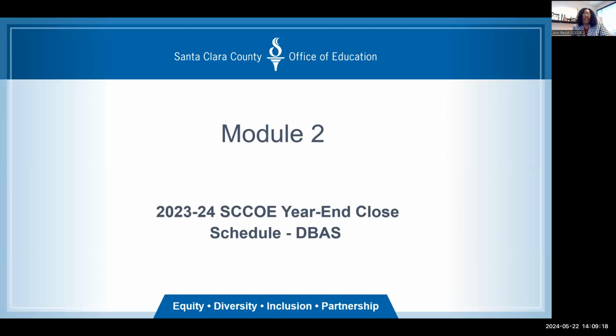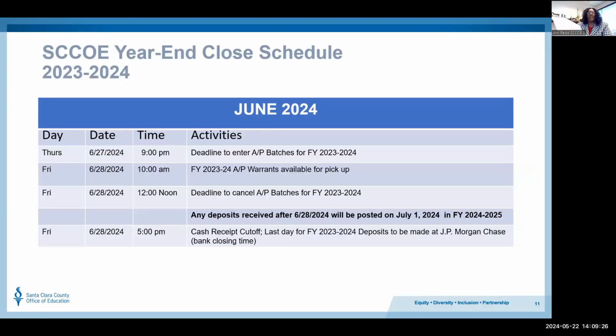On this slide, we have a sample of the SCCOE year-end close schedule. Next. What we've done is separate all of the deadlines by month. The first upcoming deadline for June 2024 occurs on June the 27th at 9 p.m. That's the deadline to enter all AP batches for fiscal year 23-24.